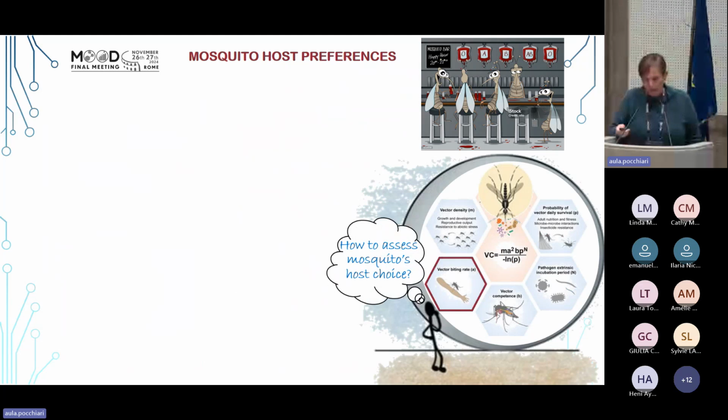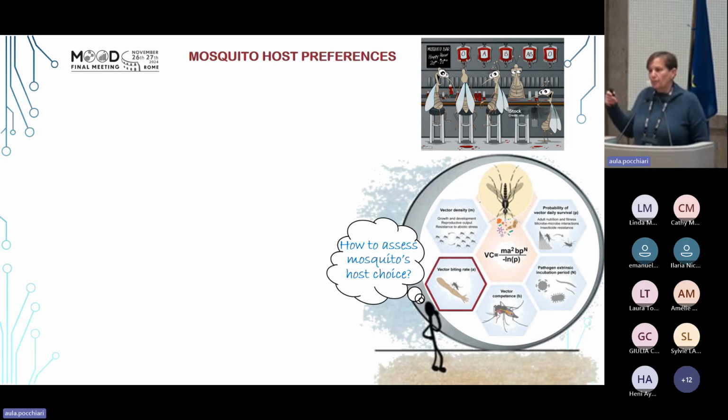And moving to a different, I don't know how much time I have, 5 minutes, perfect, thank you. To move more rapidly to other parameters which are important. One of these is the vector biting rate. The vector biting rate is also dependent on mosquito abundance, but also on host abundance, and also on different host availability,